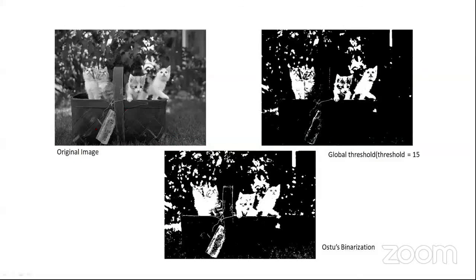And you can see this is the original image. We apply a global threshold, and this is what the image looks like, and this is the Otsu binarization. Here you can see that the Otsu binarization image is far better compared to this image, because here there is black and the image is not segmented properly, but here you can see the white, and you can see the face of the cat also. So it works better. And here we do not need to bother about giving the threshold. It is automatically calculated using the histogram. So that is all about Otsu binarization.